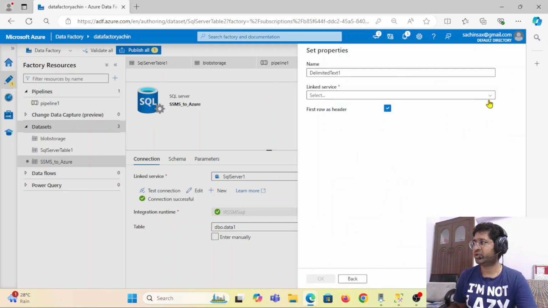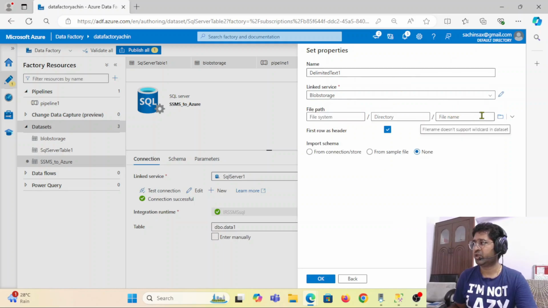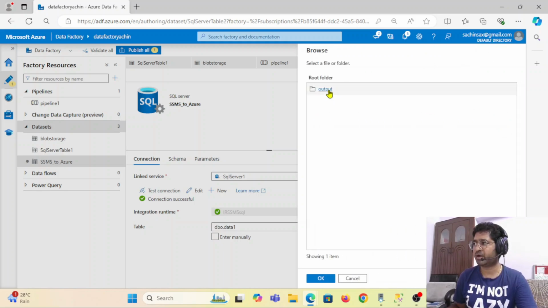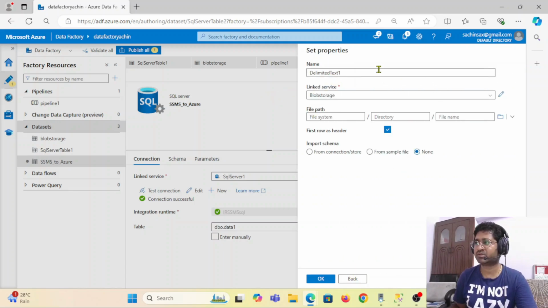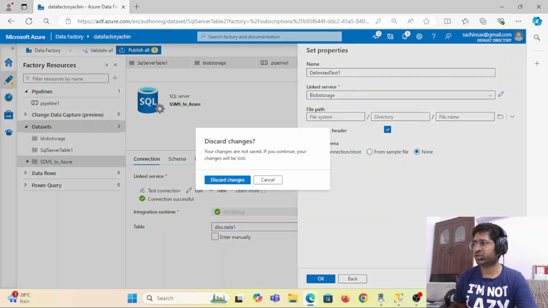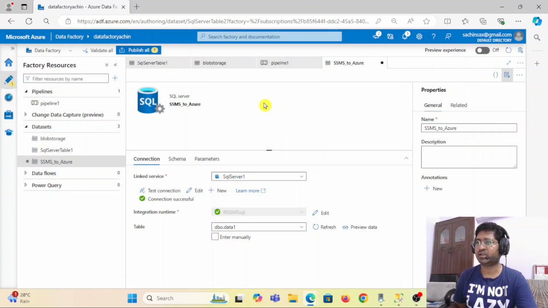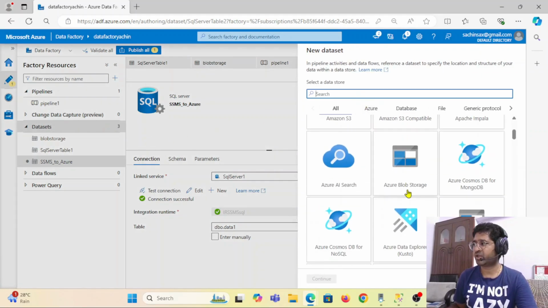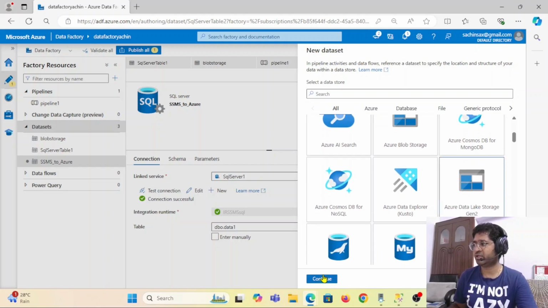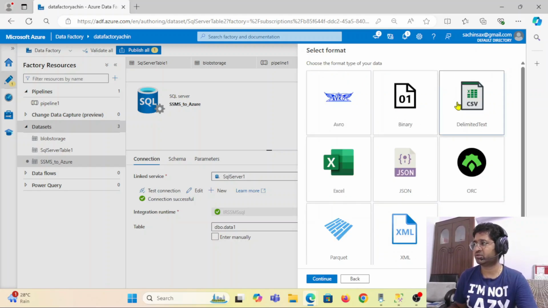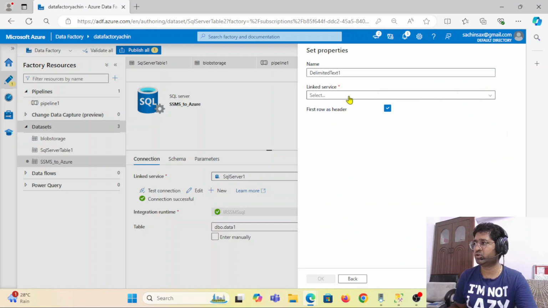I'm going to create the delimited file, and this time select the blob storage linked services, and then select the path. Can you see, this is showing the linked service. So cancel, discard. I'm going to create the new dataset here. This time I'm going to select Azure Data Lake. Continue. If I select the linked service,